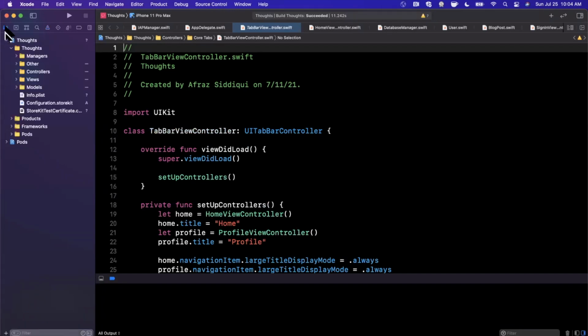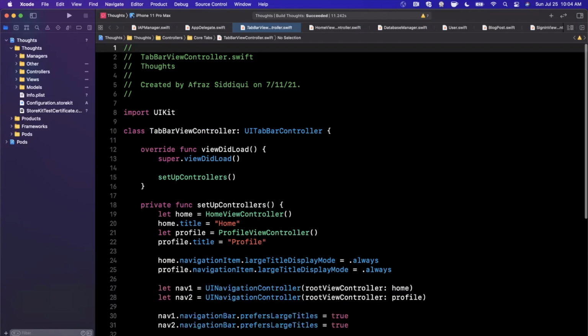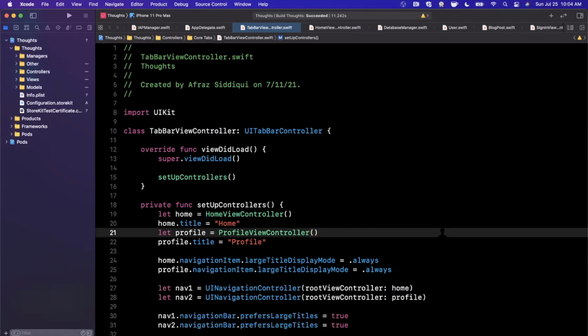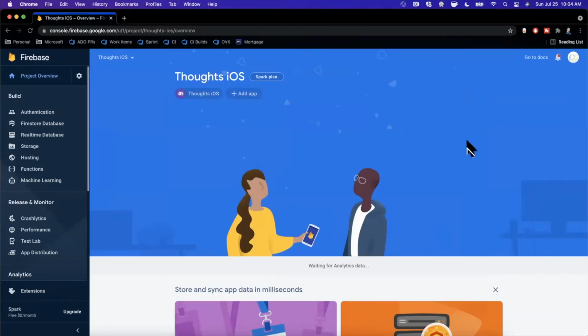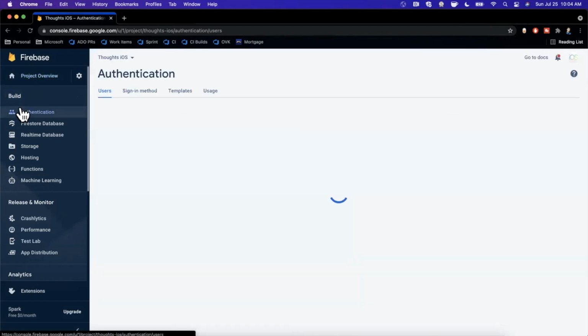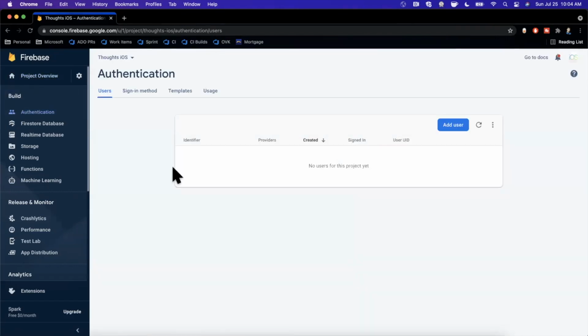So we have already brought in Firebase, the dependency we're going to use to manage authentication, to our project. So in this video, we want to do two things. We want to hook up the Firebase function calls to actually create users. And then we also, of course, want to have our user interface to allow the user to sign in, sign